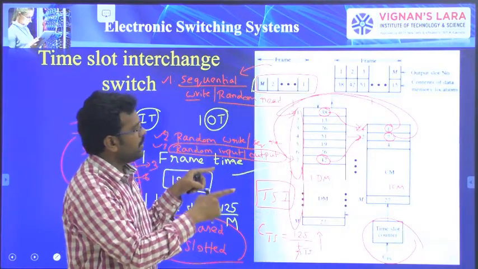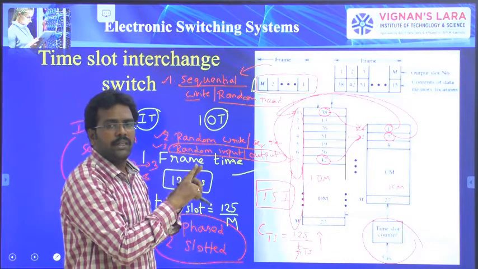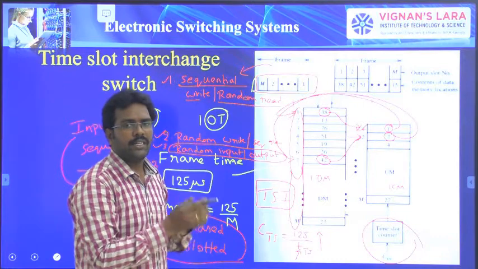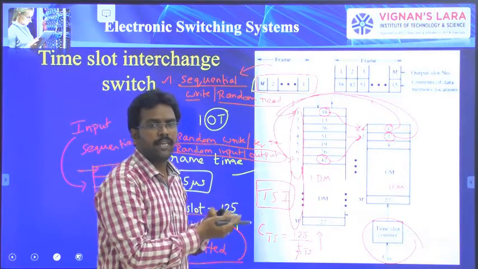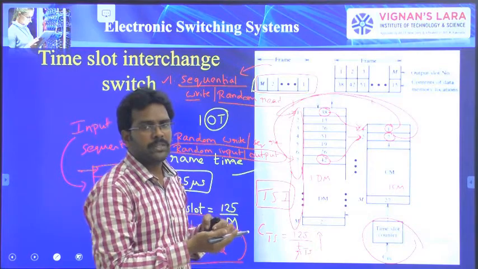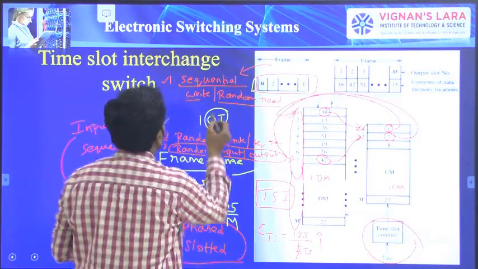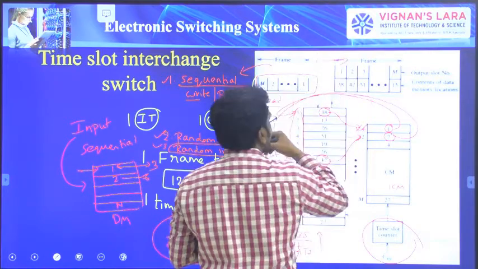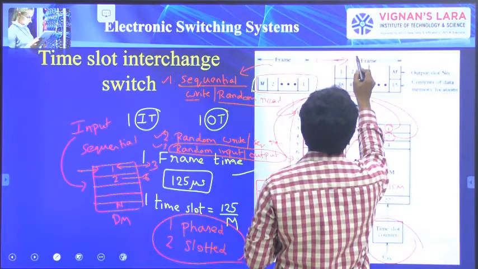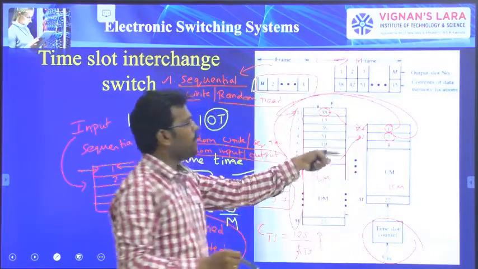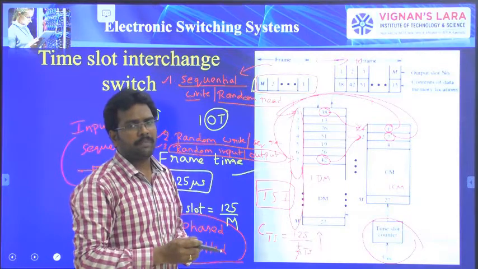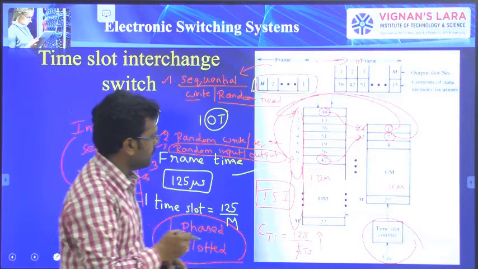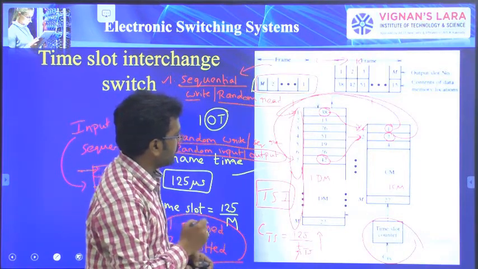From this we can observe that you are able to access different time slots at different times. That is what we call a time slot interchange. That is not possible in the case of a time multiplex space switch. The ith time slot is unable to transfer data to the kth time slot. But this is possible in the case of this concept of TSI. Okay, so those are some of the points regarding the TSI.